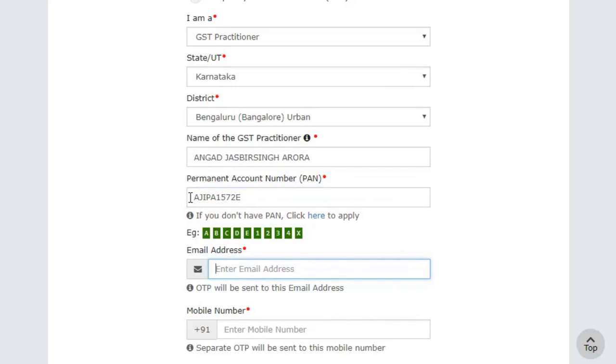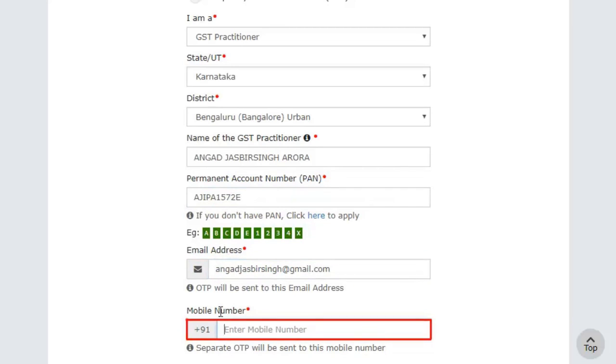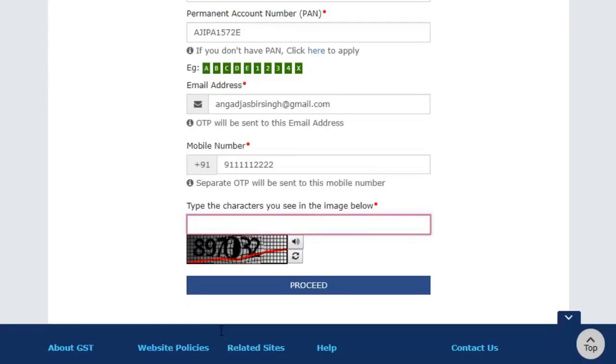Make sure to enter a valid email address and Indian mobile phone number, since the GST portal will communicate one-time passwords, OTPs and notifications at this address and mobile phone number.